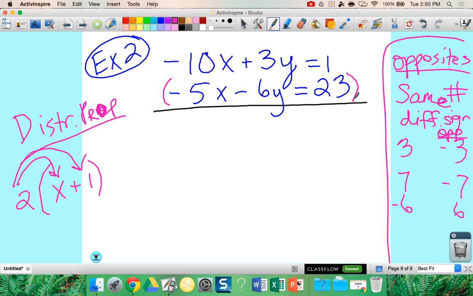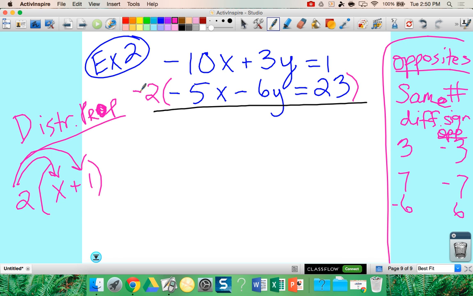Which number will we multiply by, Haley? 2. Okay, so 2. Negative 2. Okay, why'd you change? Because you have to make the negative 5 positive so that they can be different. And so a negative times a negative is a positive. Good. So we would need to multiply that bottom equation by negative 2